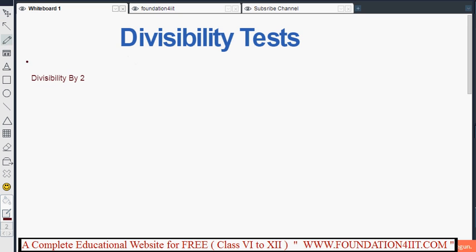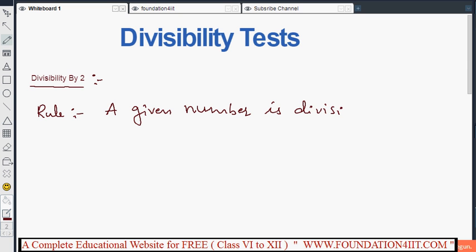Now what is the divisibility rule for 2? What type of numbers are divisible by 2 exactly? For every divisibility there is a rule. A given number is divisible by 2